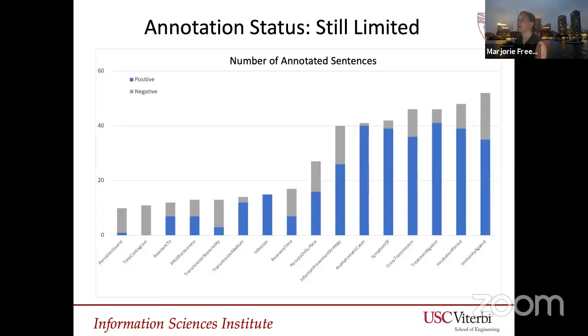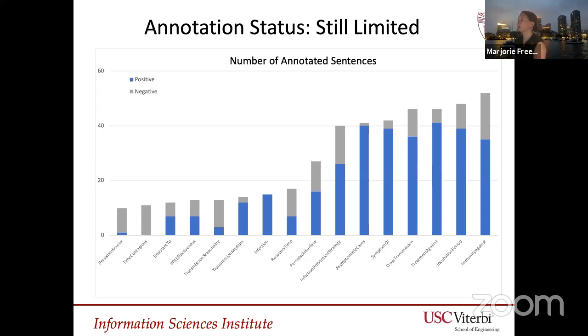And so where are things now? This is the number of positive and negative examples we have per annotation type. And you'll see it's still limited. This is still ongoing work. An interesting thing that you start to see, even with a small amount of data, is for some cases, our search is very effective. So for asymptomatic cases, almost everything that our annotators found was a positive